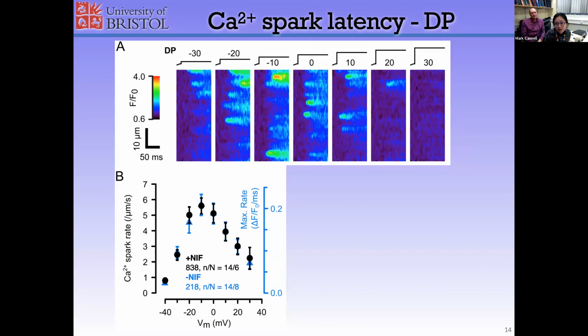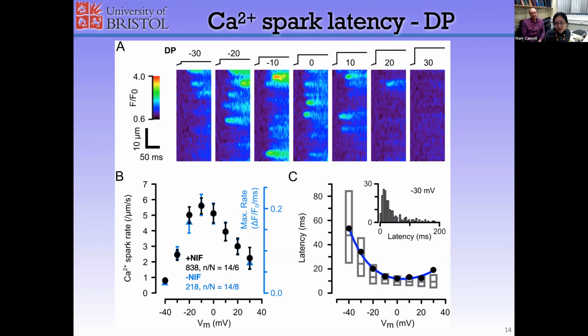So now we can examine the voltage dependence of the calcium spark latency during DP, and we found that this relationship was U-shaped, with a minimum occurring at around 0 millivolts. And so this U-shape supports our idea of what is happening during this activation protocol. During DP, we are activating L-type calcium channels and ryanodine receptors. So this calcium spark latency should reflect a combination of the two latencies. This is supported by the shape because